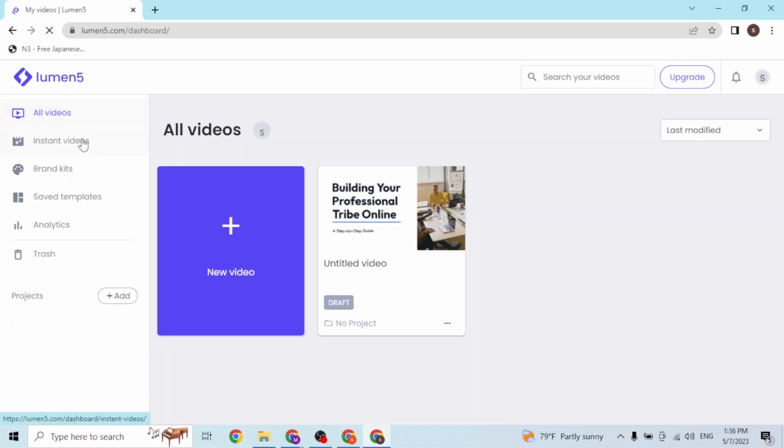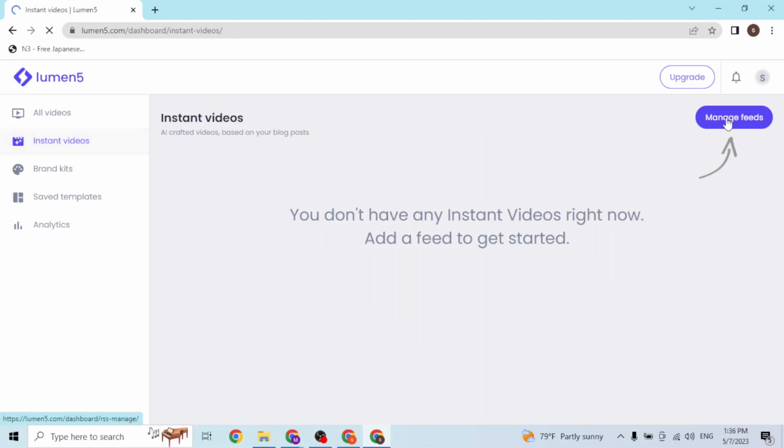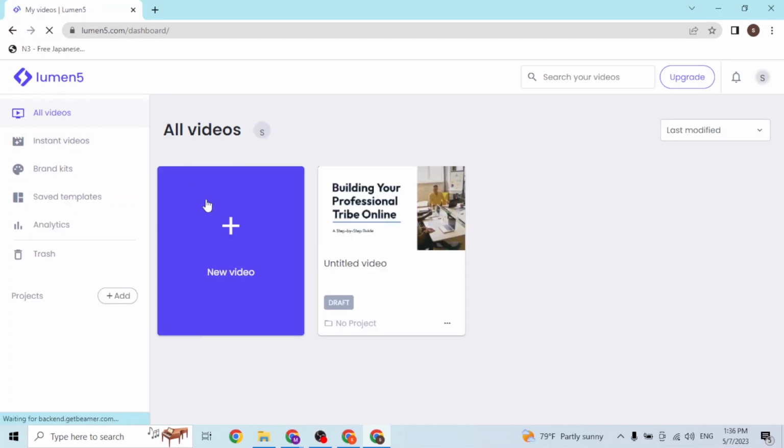On the all videos section, if you want to make an instant video, you can go for it. Just click on instant videos and click on manage feeds and do all the customization. But we'll be learning to make a good video from Lumen5 with the text. With that being said, on the all videos panel, click on a new video, and after that the